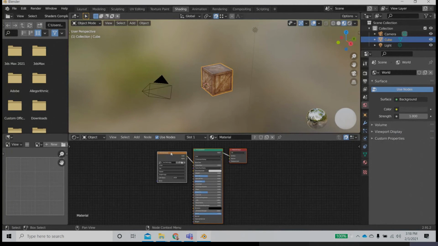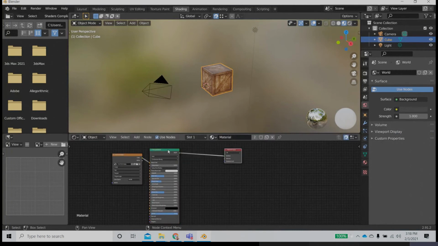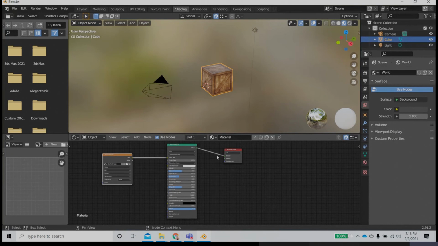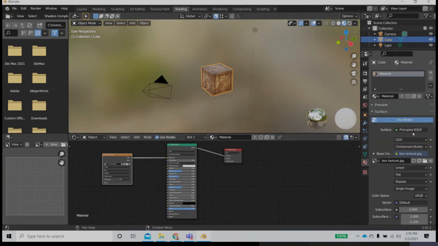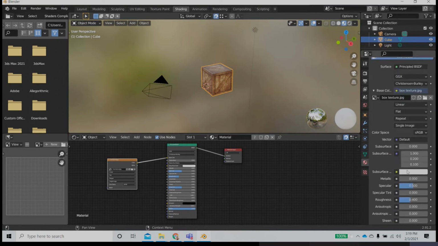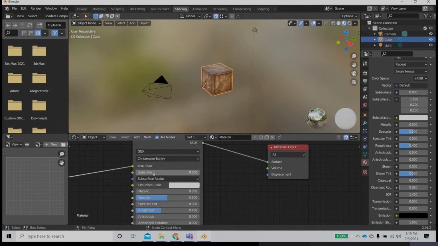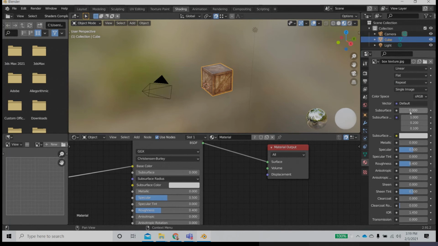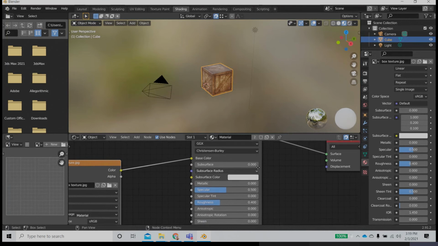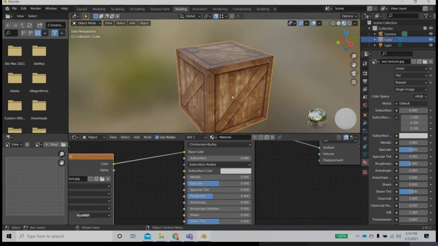Okay, so this is our shading network. You have to understand how this shading network works. Whatever we do here is happening here as well. Either you can add this texture in this window or you can add it here. It is the same thing. There are just 2 different ways to look at things. For example, subsurface is 0 here, and subsurface here is 0. If I make changes here, the changes are done here also. All right, so this object,